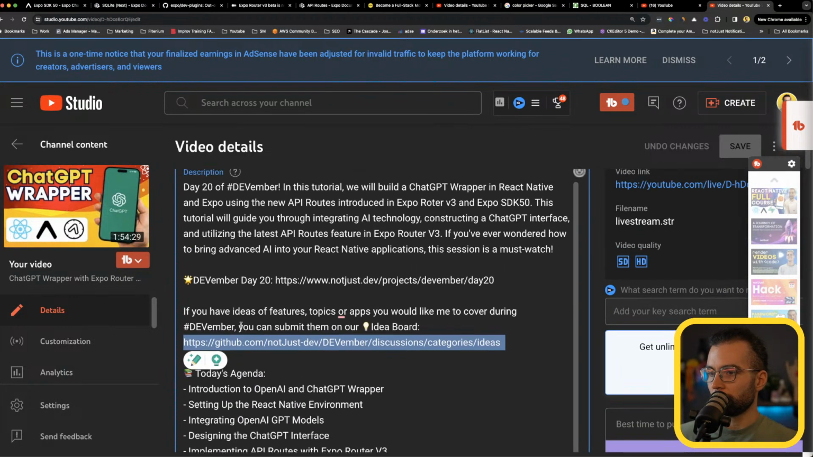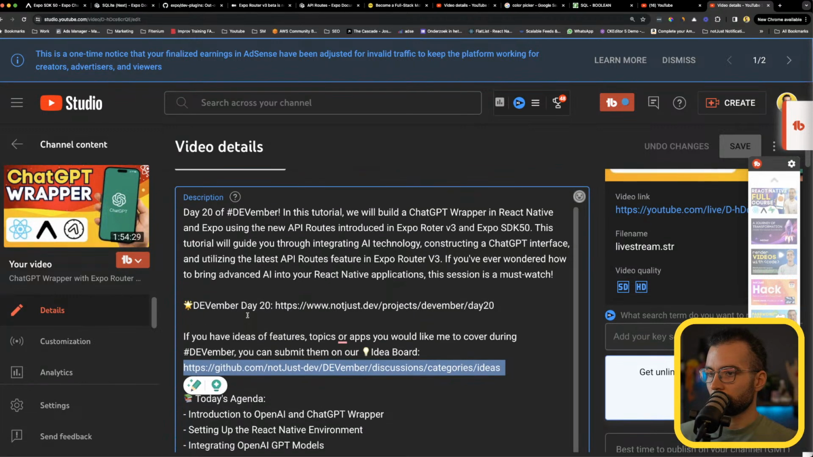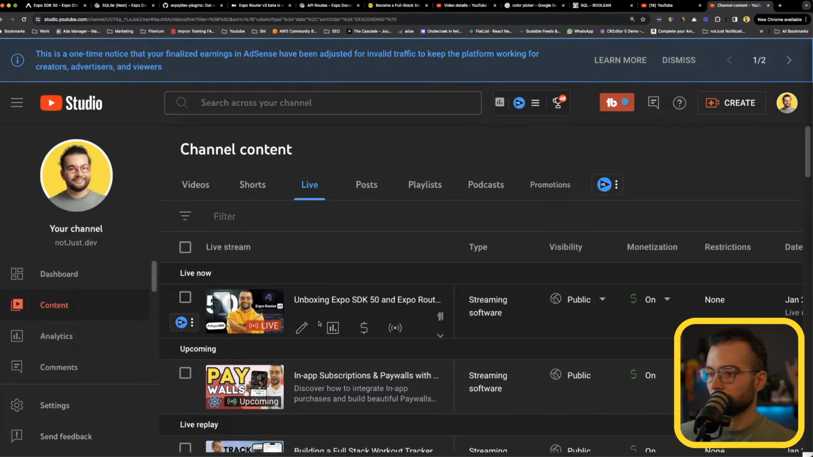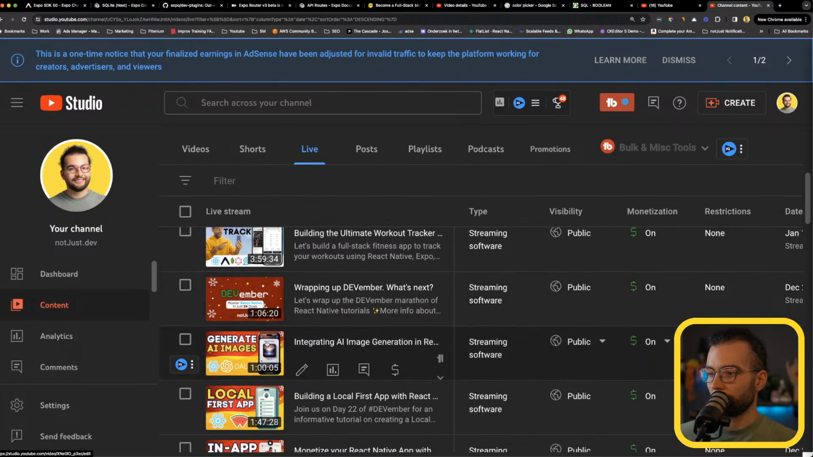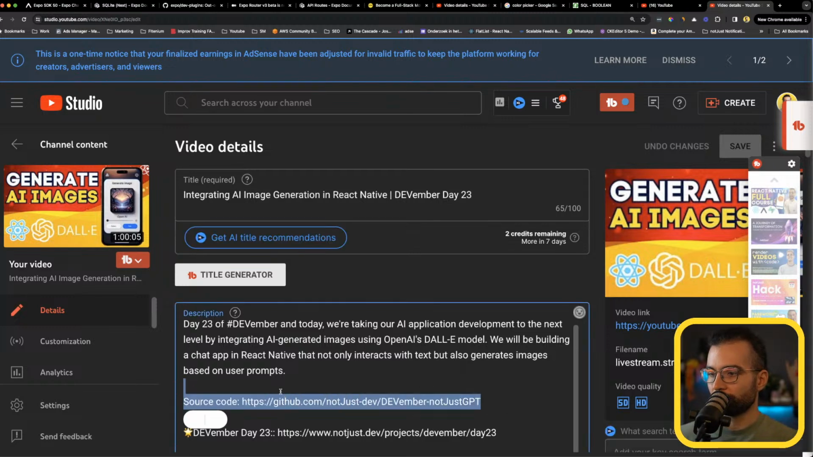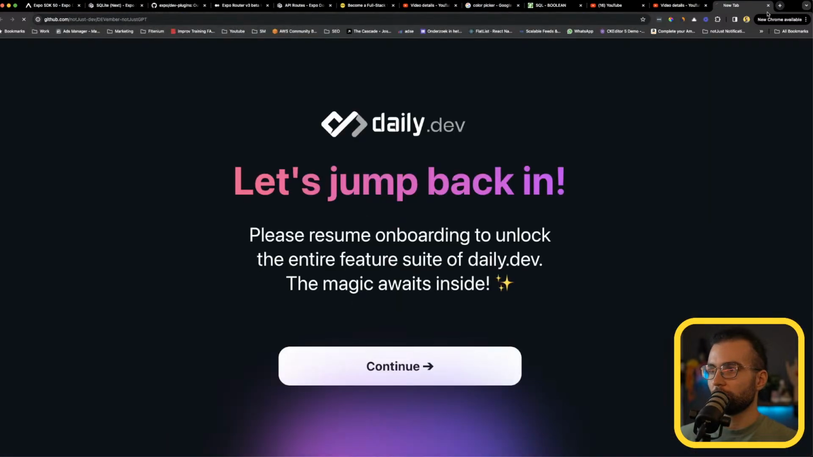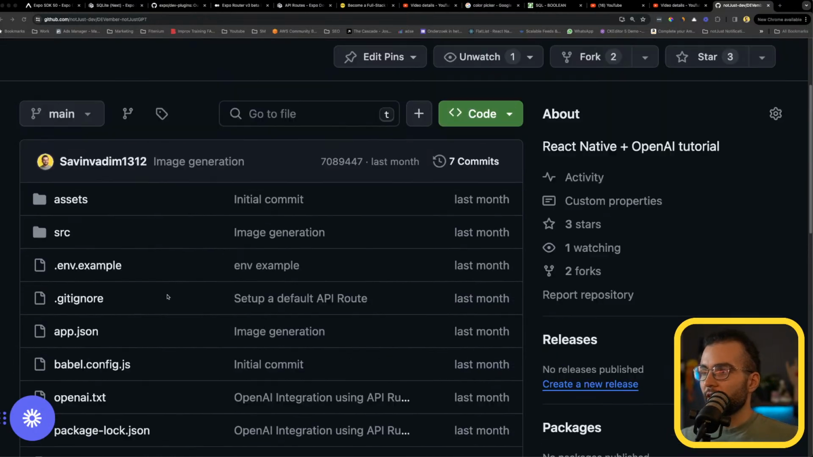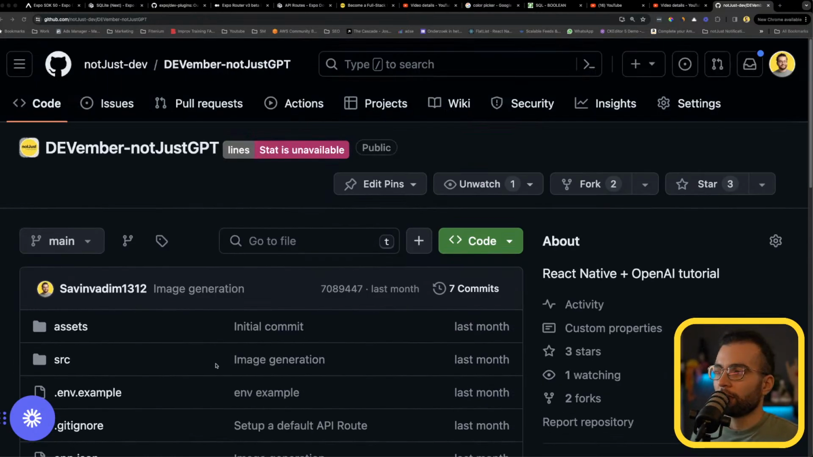GitHub. And also in the AI generation. Here is the source code, November, not just GPT. So this is where I can look at a very real example of API routes. So yeah, as I was explaining before,